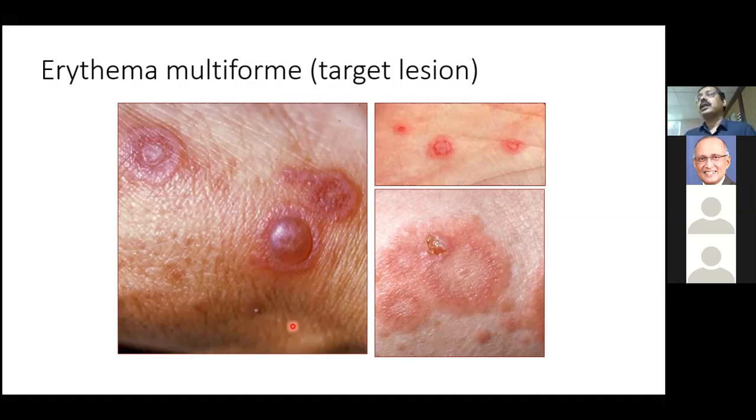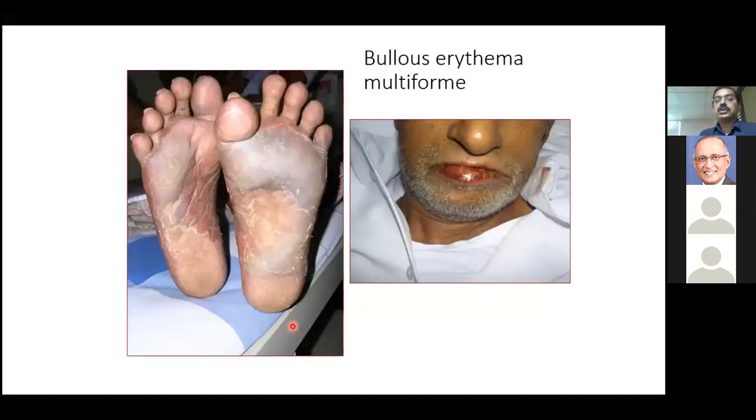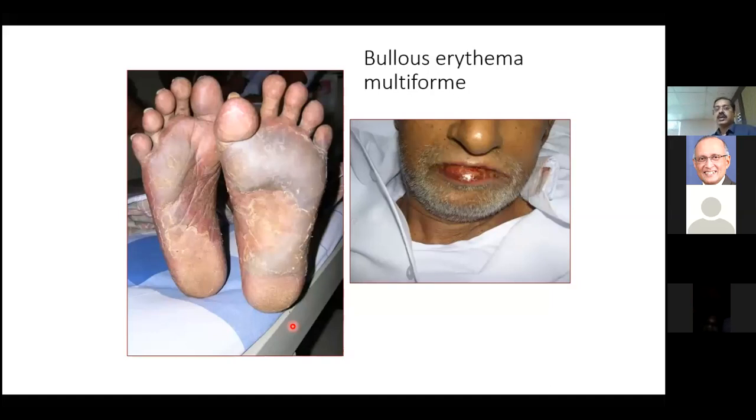So clues for erythema multiforme: maculopapular rash, feverishness with extremities involvement, predominantly the upper and lower extremities, some amount of mucosal involvement, and palms and soles involvement, target lesion. Think of pruritus, right? So this is a case actually of a bullous erythema multiforme. He had lesions nowhere else except these two lesions, palms and soles. He had these bullous lesions, hemorrhagic bullous lesions. He was on aspirin, that's why he had hemorrhagic lesions. And he also had the lip lesions.